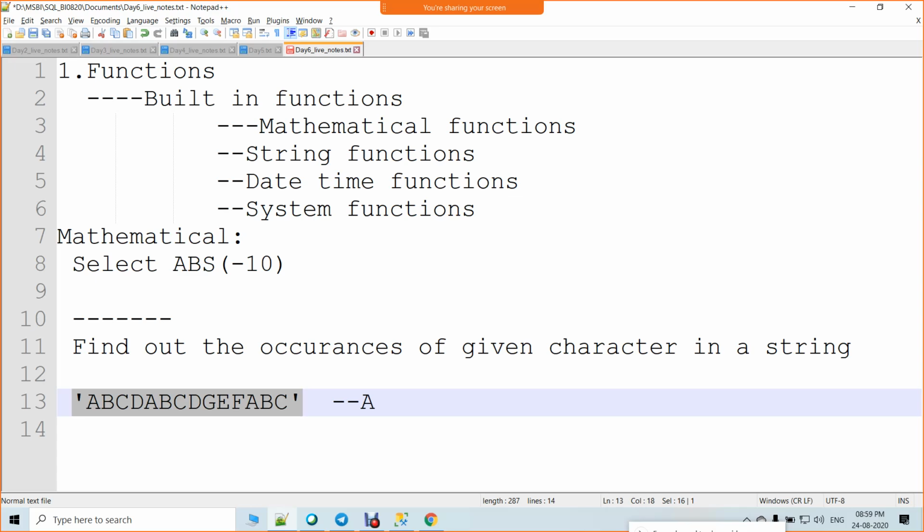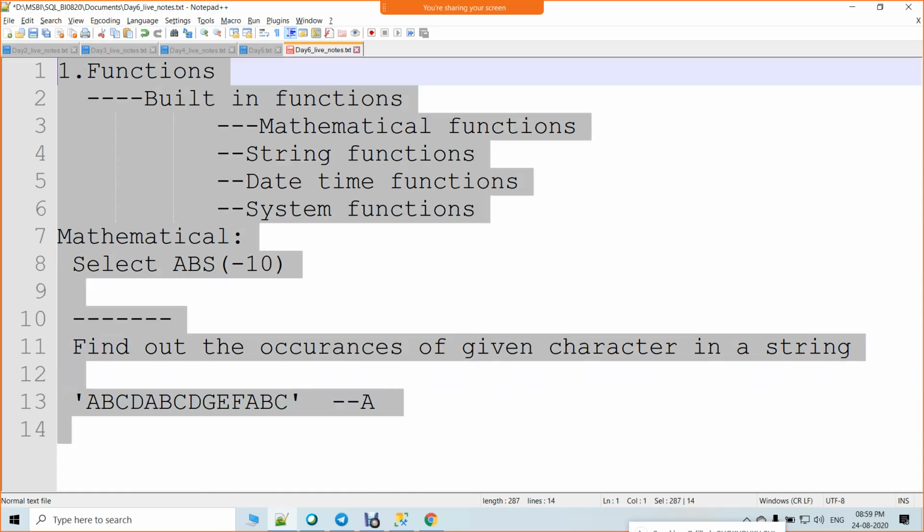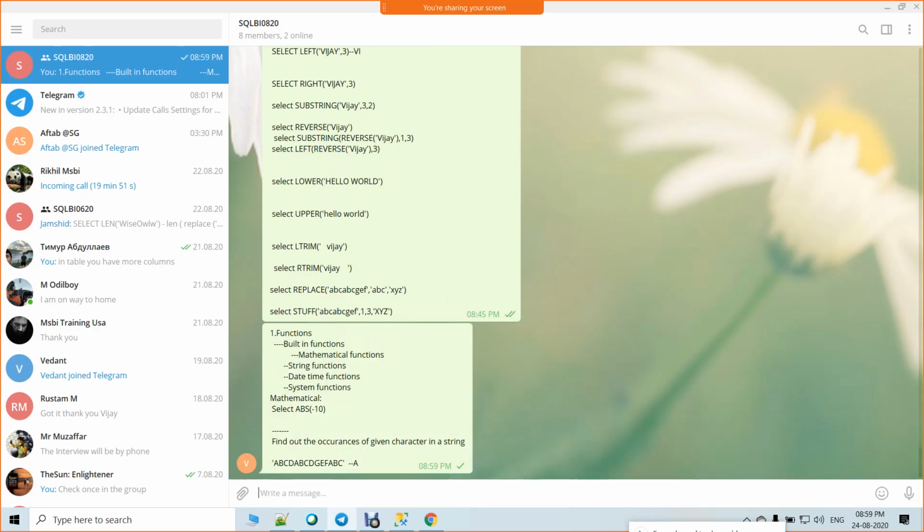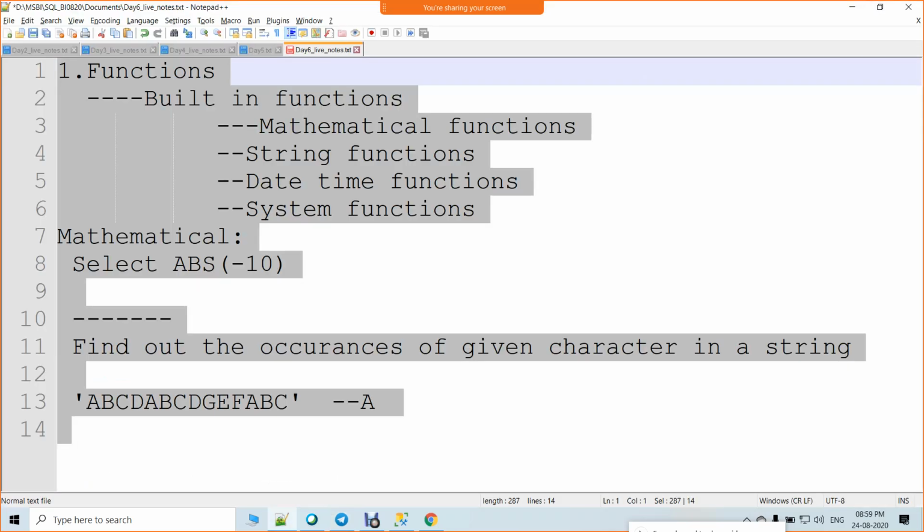So time starts now. Just try it out and give me a query. I will ping you this one. Just try it out on your machine. Okay, ping me the output query.